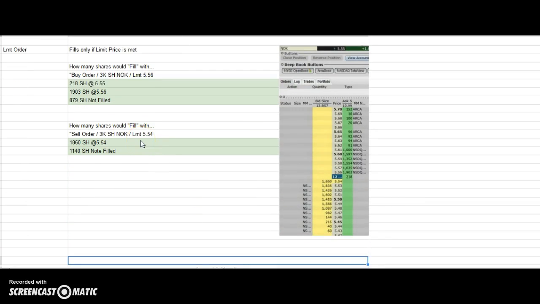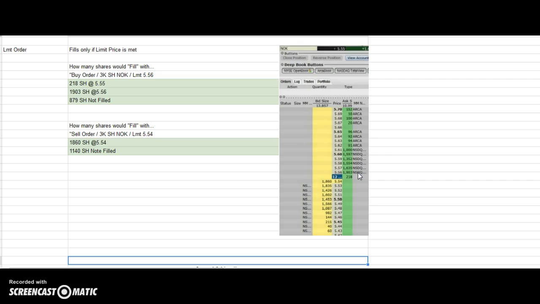Now limit order. Limit orders are different from market orders. Limit orders will only fill if the limit price is met. So an example here, how many shares would fill with a buy order with 3,000 shares of Nokia with a limit of 556? 218 shares would fill at 555,